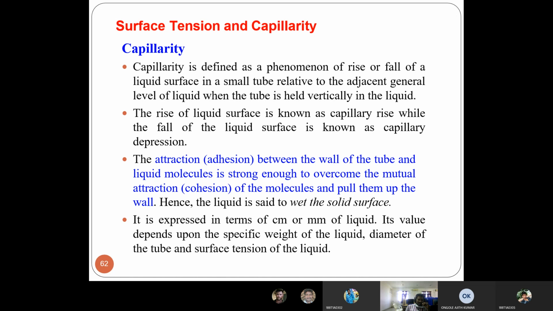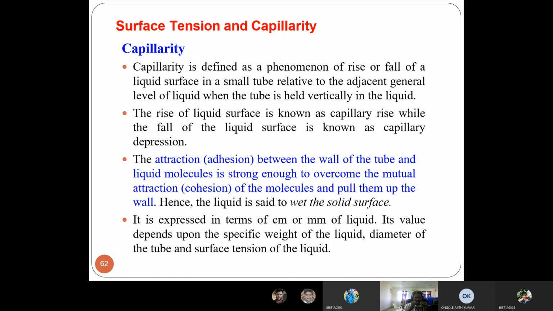Understand? Such a property of liquid is called capillarity. Capillarity is defined as the phenomenon of rise or fall of a liquid surface in a small tube relative to the adjacent general level of liquid when the tube is held vertically in the liquid. The rise of liquid surface is known as capillary rise, while fall of the liquid surface is known as capillary